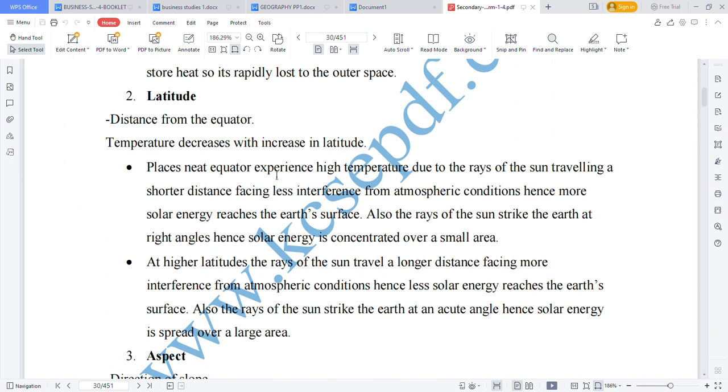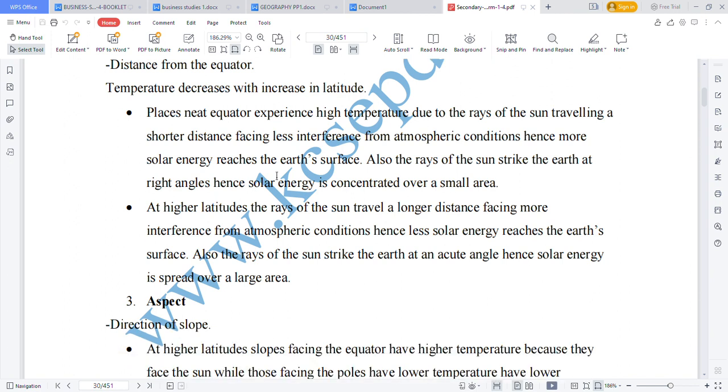Then you can explain it like this. Places near the equator experience high temperature due to the rays of the sun traveling a shorter distance, facing less interference from atmospheric conditions, hence more solar energy reaches the Earth's surface. Also, the rays of the sun strike the Earth at right angles, hence the solar energy is concentrated